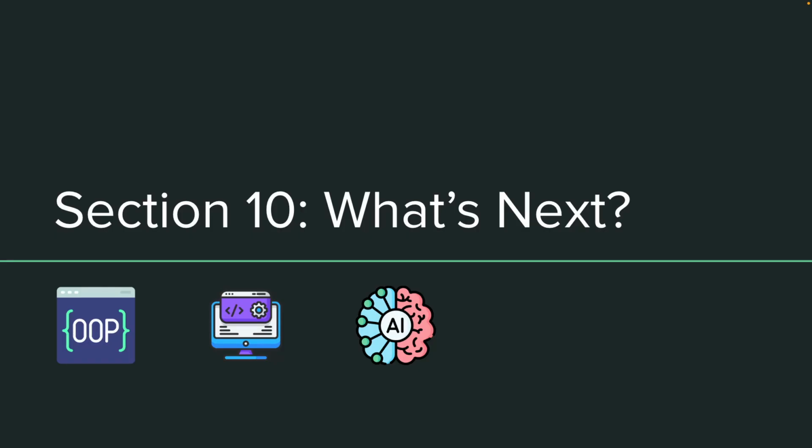Congratulations, you now know how to write Python code, use logic, handle files, and build a working app. Here's where you can go from here. You can learn object-oriented programming with Python, so learn about classes and objects, or you can work on web development. You can build websites and APIs with Python libraries like Flask and FastAPI, or you can go in the route of AI and automation. For AI, you can start with machine learning, or how to use Python to train and build models, or if you're interested in generative AI, how to use the OpenAI APIs, LangChain, all those libraries and so on. You can try all those things as moving on from Python.